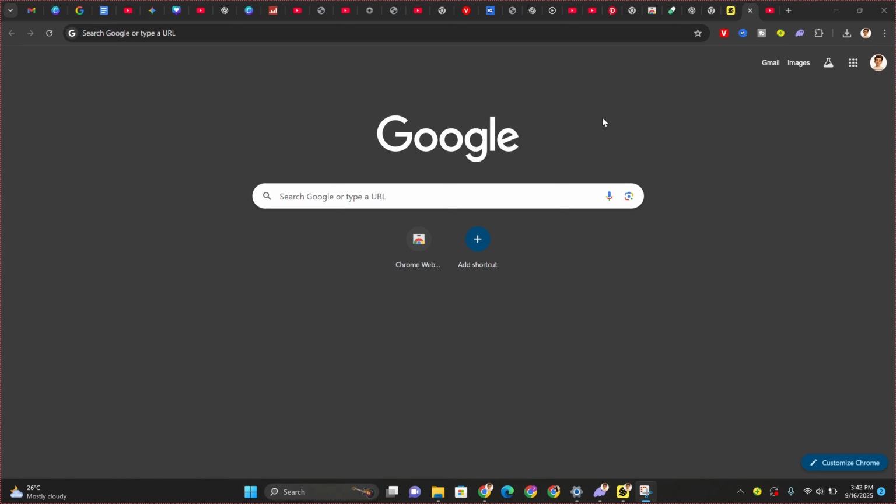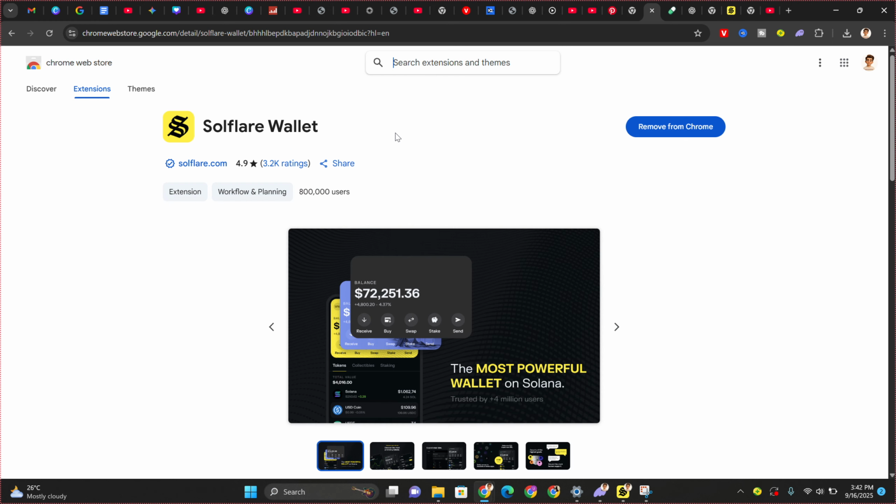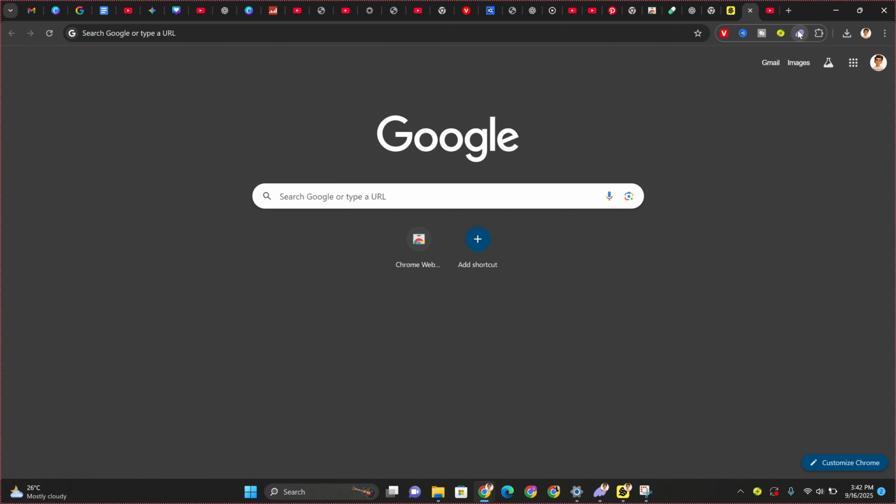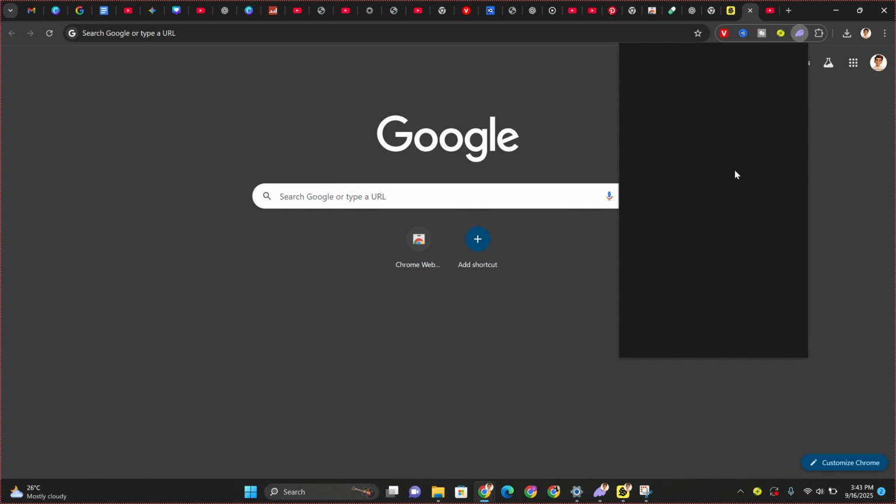So first thing, what you need to do, go to your Chrome web store and make sure you have added the Phantom Wallet extension. If you look right here, you can see ours is currently added. So make sure you've added yours, and what you need to do now is click on it. Once it opens up,